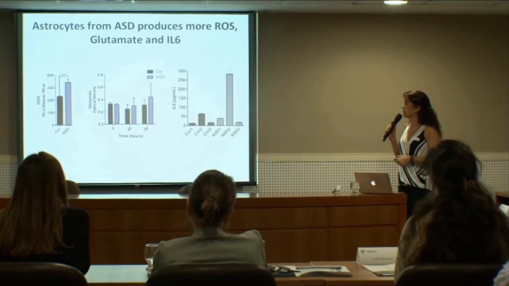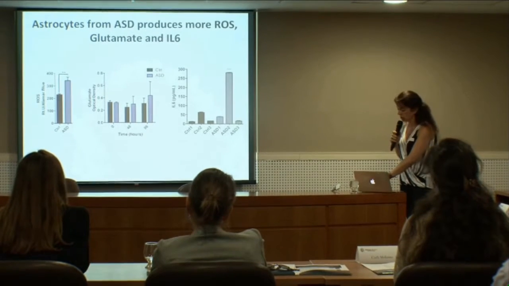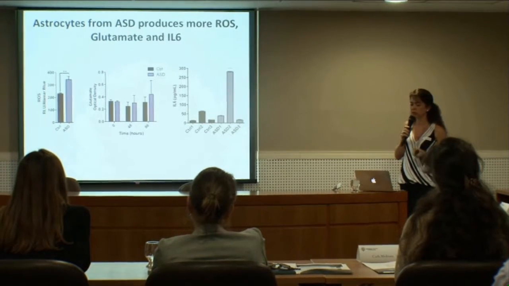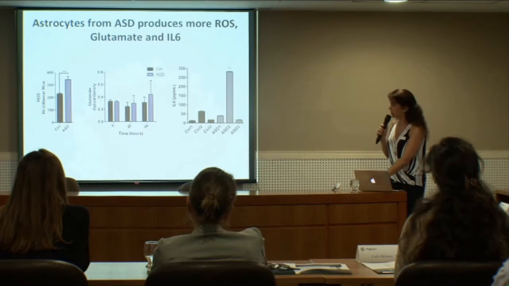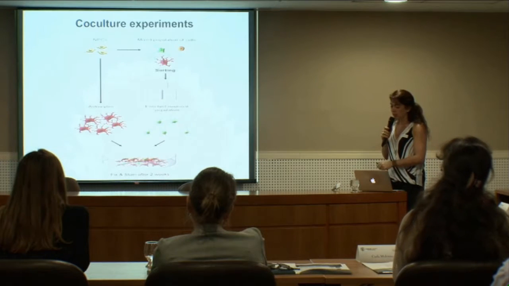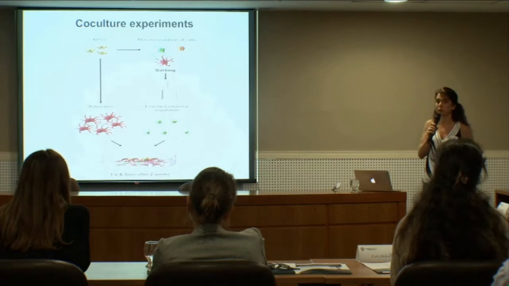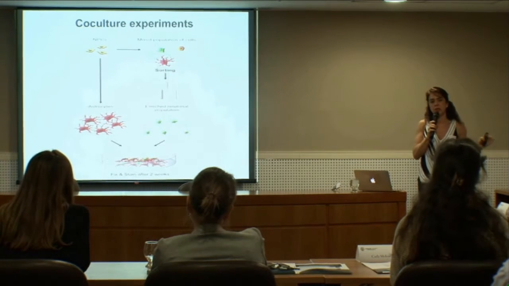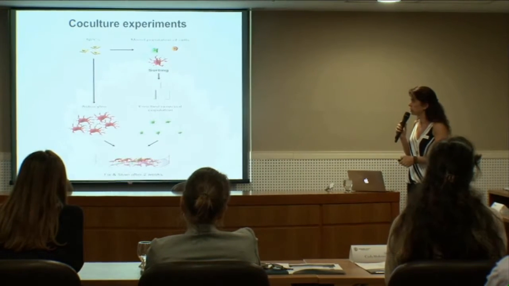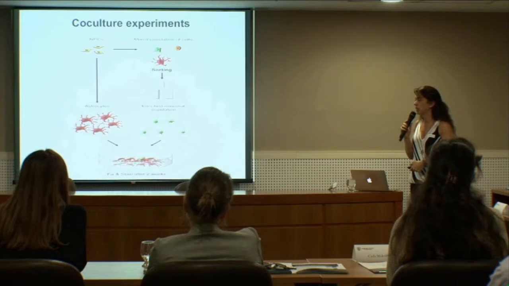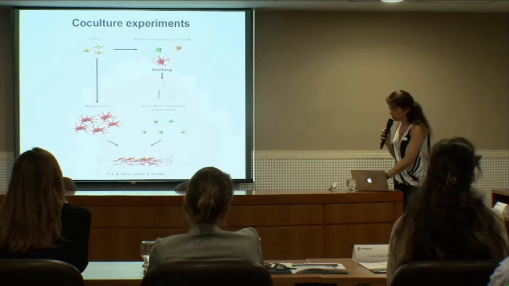We noticed that autistic patients present more IL-6 than the control ones. And this is particularly important because IL-6 is very toxic for the central nervous system, right? So from this part, we did a coculture experiment. We produced astrocytes separated from the neuronal mixed culture population, and then we sorted the neurons and plated them on top of the astrocytes, and we made some different conditions to see that.